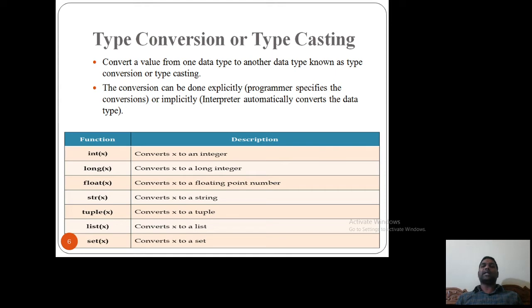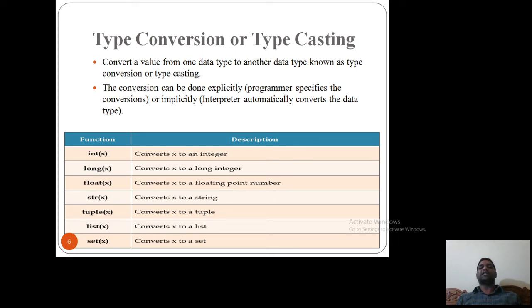Later I decide that I require an integer, I don't want a string, so I want to convert that particular string into an integer. That we can call a type conversion. So type conversion can be done in two ways. Either it can be implicit or explicit. Implicit means the interpreter converts the data type automatically, and that we call implicit.